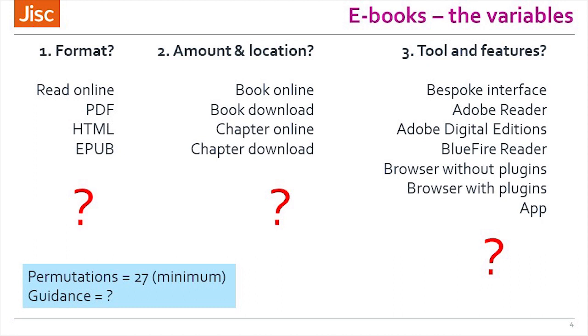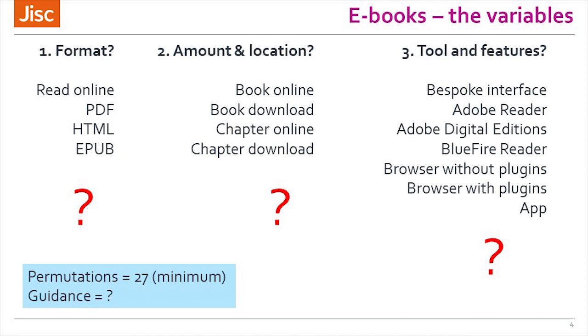Where do they find out which they might want to download? Where is there any guidance that says to them, if you want to maximize your color changes, be able to change background colors, etc., then download this format. If you want to be able to navigate effectively through the system, using heading levels or chapters, then do the read online instead. Normally there is no information available on that, but it's a choice they have to make.